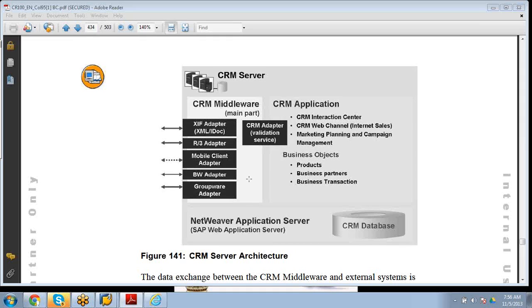That's where we develop adapters, suppose for any XYZ system where a ready-made adapter is not available in SAP. We have the Java Development Kit, JDK, where we can develop adapters, and that works fantastically within SAP's environment. That is from ECC 5 onwards. That is the big advantage SAP gives.